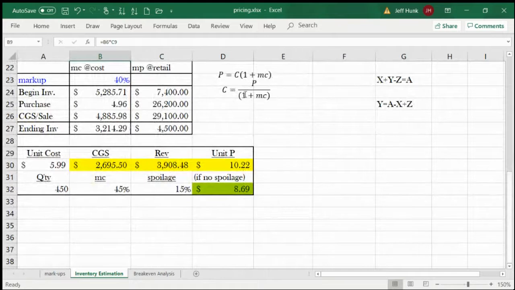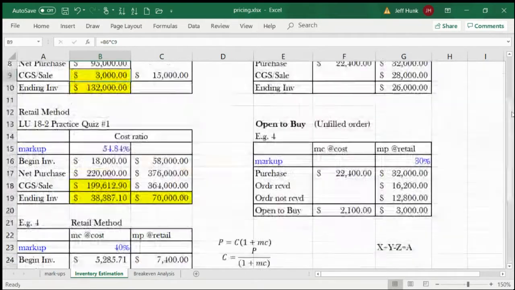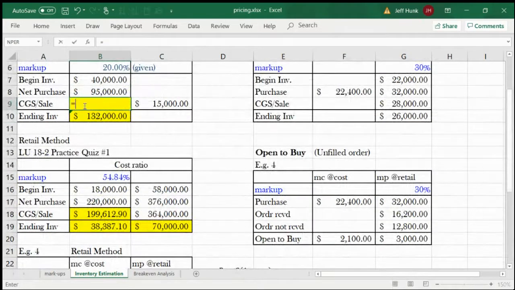Then what do you need to do? You will need to use this formula, right? So you'll do P over 1 plus, if that was the case, that was the markup rate based on cost, 1 plus this. And this would be the CGS, right? Okay, now, so that brings us to, let me switch to,